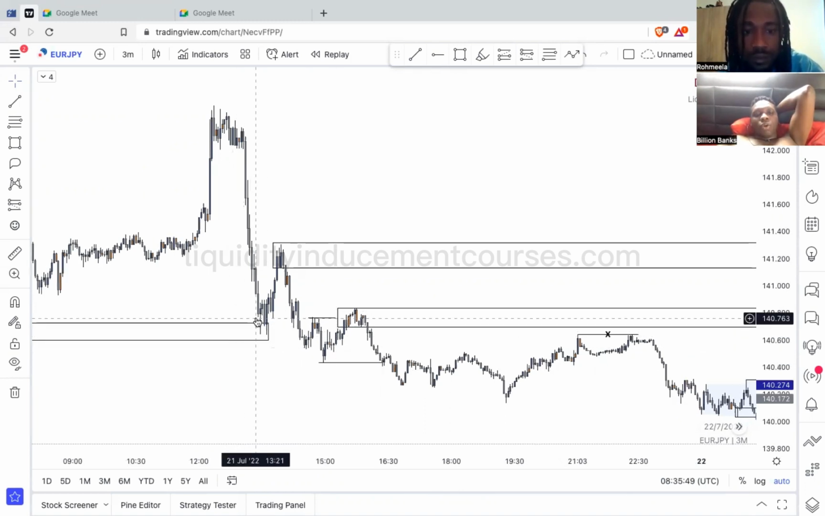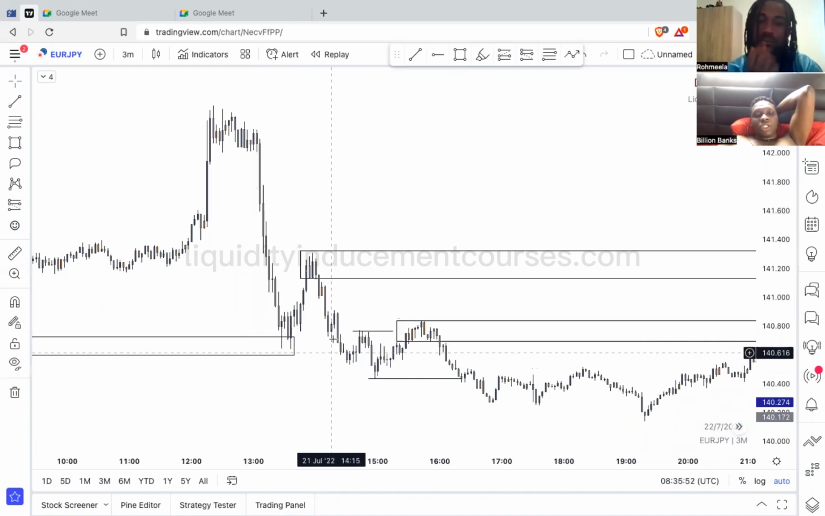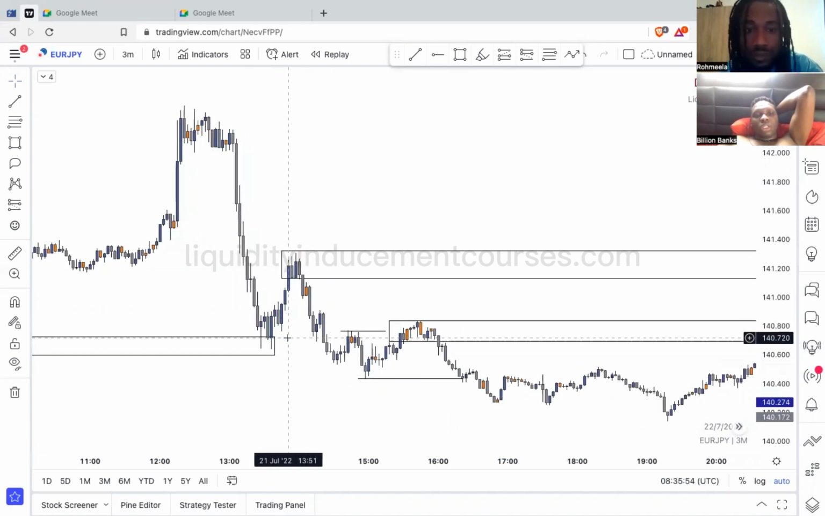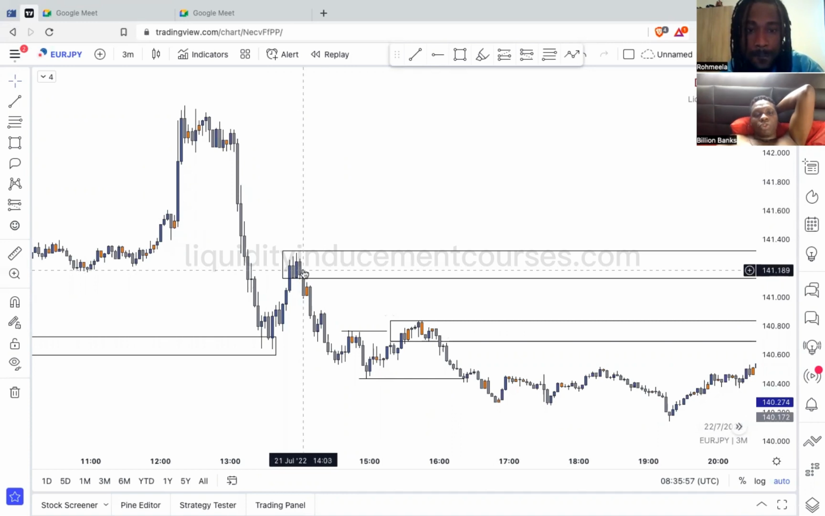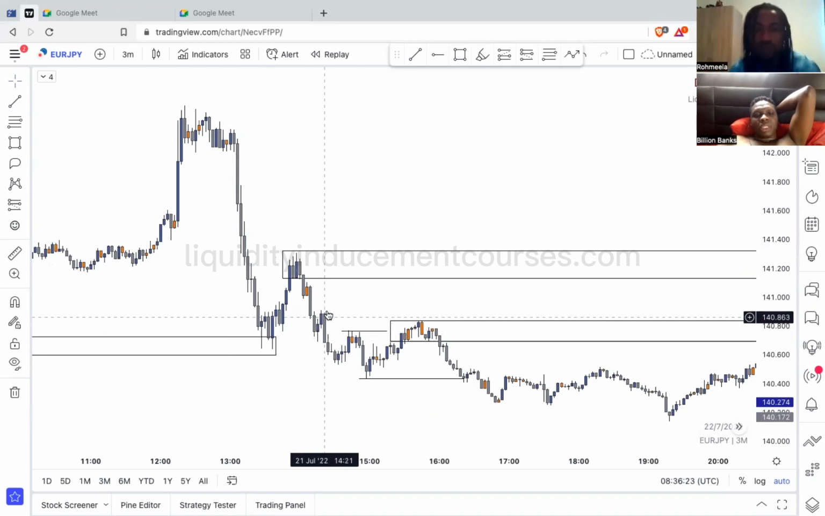Now, failed demand transfers power to the supply that broke the demand, which was supposed to be this zone. So I'm just trying to explain the whole story that had happened along this area. So it is called a flip zone. That is where we get the concept of flip zones from. A failed demand transfers power to the supply that broke the demand. So this was where I had in mind for a supply to engage from. But then if you observe what happened here, price still came down to this level and then respected